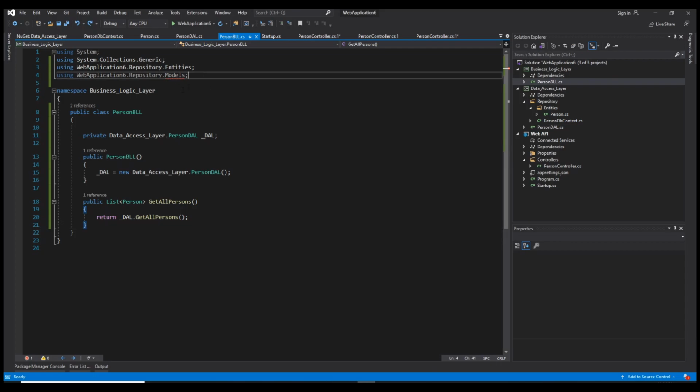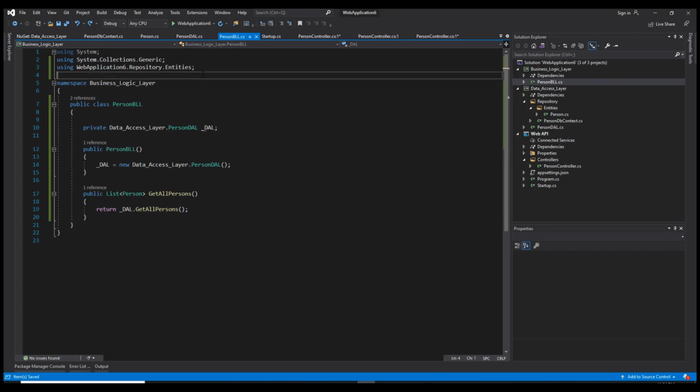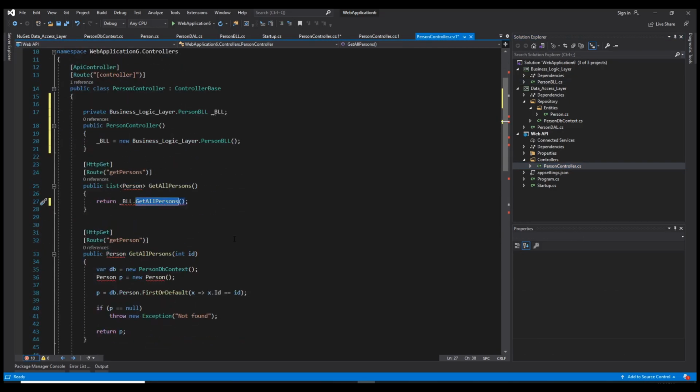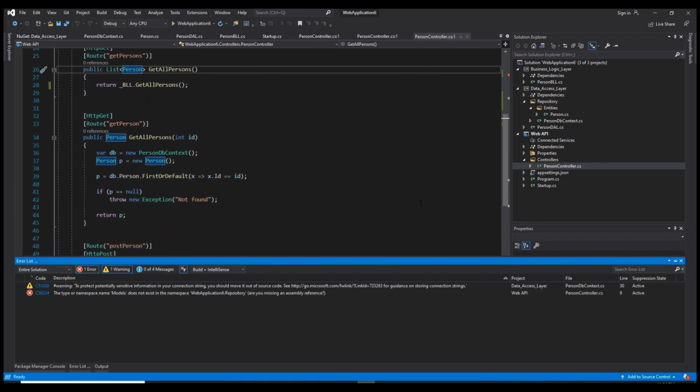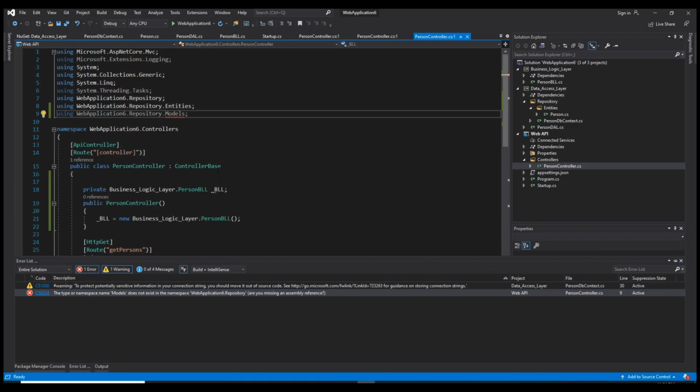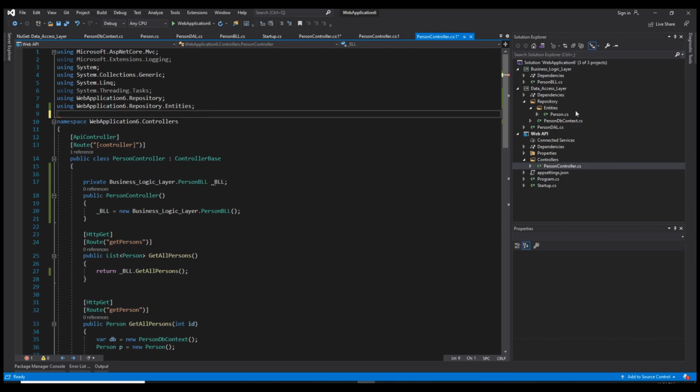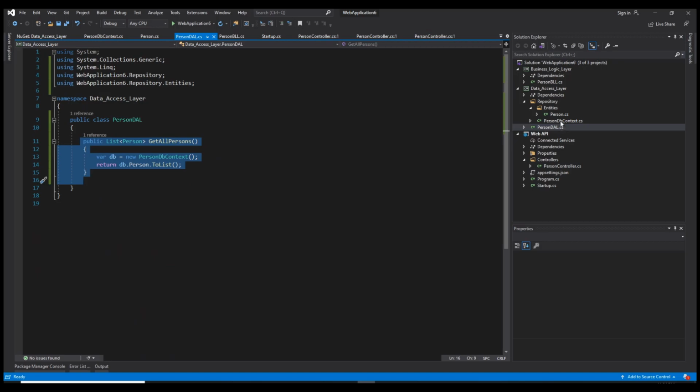So far what we did, also let's delete this. Also here we need to specify this again. Let's make sure that everything is working fine. No, we have an error. We need to delete this since we changed with the namespace here